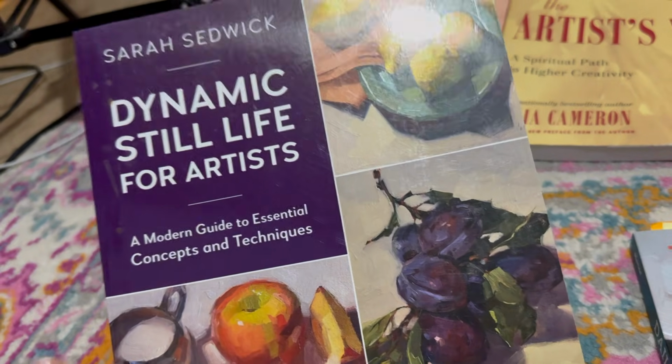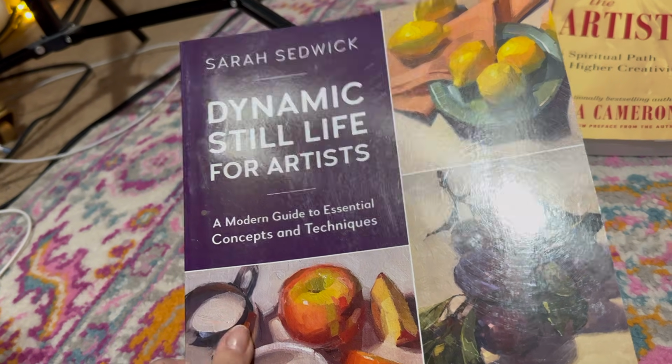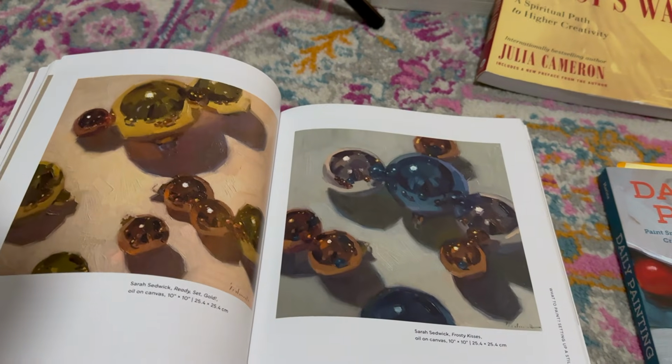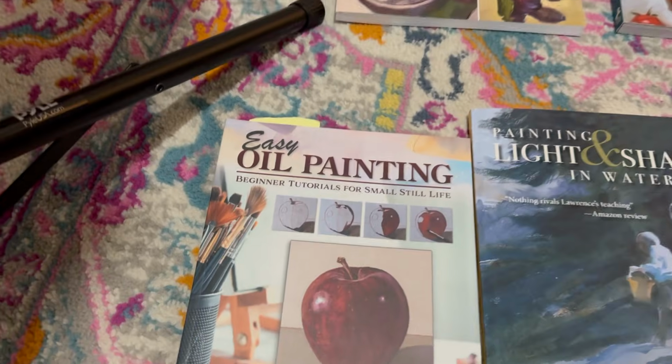And yeah, I used to follow this artist on Instagram when I used to have an Instagram, but she's super talented, love her work. She does workshops too, I believe. This one I have